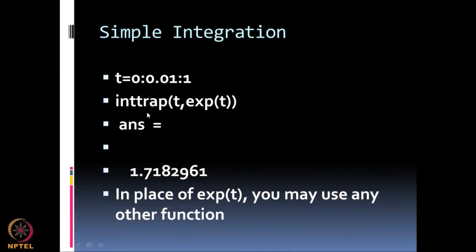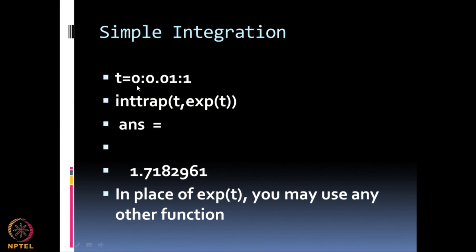Now, when I want to integrate, I have a variable t, it takes on values from 0 up to 1. So, t takes on values between 0 and 1, spacing is 0.01. How do I define that? This is like a do loop, do something from 0 to 1, spacing 0.01. So, 0 colon 0.01 colon 1, that means t takes on all the values between 0 and 1 with a spacing of 0.01. So, what will be the values? 0, 0.01, 0.02, 0.03. It will have all the 101 values between 0 and 1.